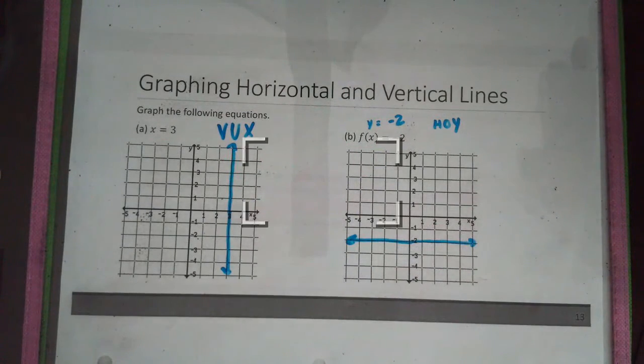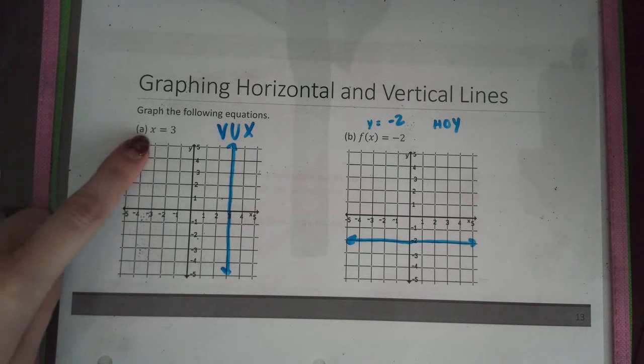Now, if this VUX HOI thing works for you, great, wonderful, use it, I'm happy for you. But it is not always the clearest why it works for people. So let me explain that for a minute. We know that if I give you 2 points, then there's only one line that goes through those 2 points. So if we can find 2 points on this line, hopefully I can help reassure you that we have drawn